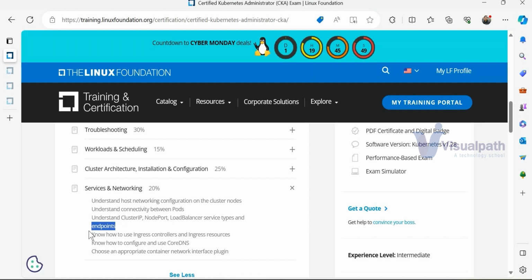Know how to use ingress controllers and ingress resources. It's very interesting. Ingress is managing the outside traffic when it comes and hits my application or my Kubernetes cluster environment, right? How will the traffic go? I cannot open the gate and say, hey, come, my application is running here. Come to Kubernetes. If I open the gate, a flood of traffic hits my application and it will be dead after one hour. It goes to 80, 85, 90, 95, 99, 100 percent and blows off, right? I don't want to get into those things. So here we'll be controlling the ingress.